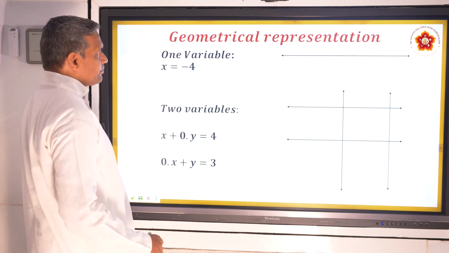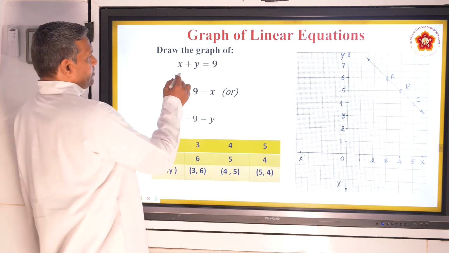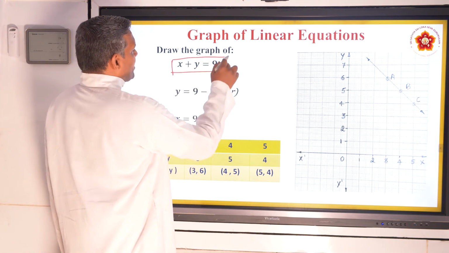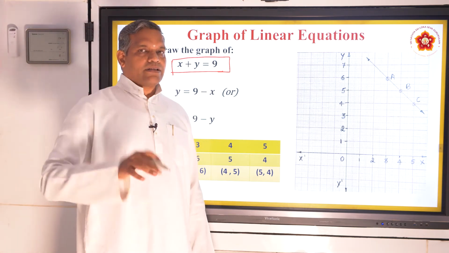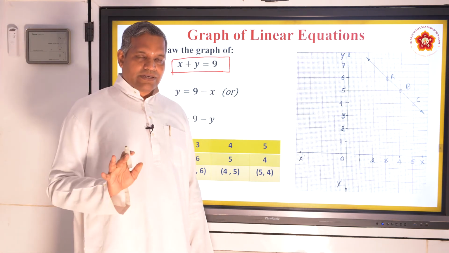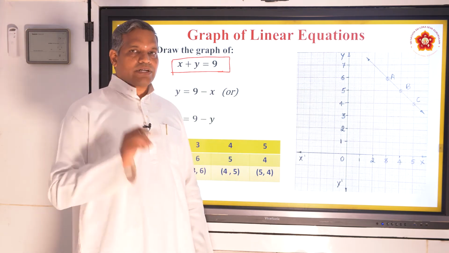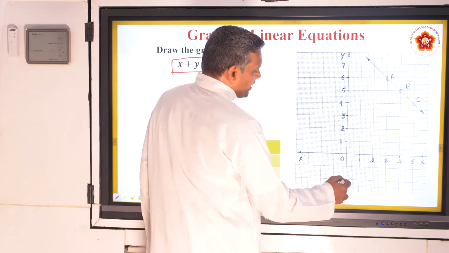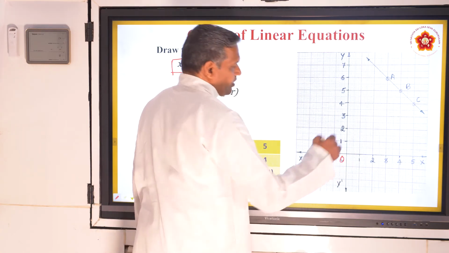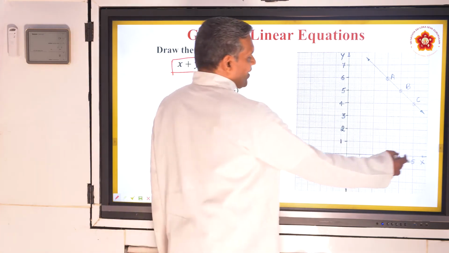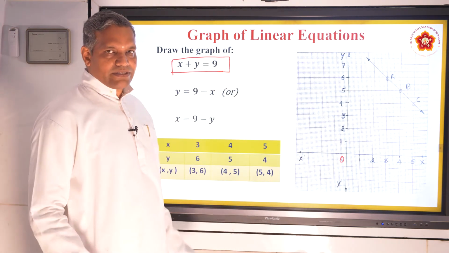Next photo. Okay. Now we directly walk into how to represent an equation in a graph. Suppose this equation is given to you: x plus y is 9, represented in a graph. So don't take any tension, just slowly understand how to put it into a graph. You know this, no? Y dash y, x dash x, and O you write, that is the origin. 1, 2, 3, 4, 5, 1, 2, 3, 4, 5, 6, 7, and minus numbers you put. Okay, the basic graph sheet is ready.